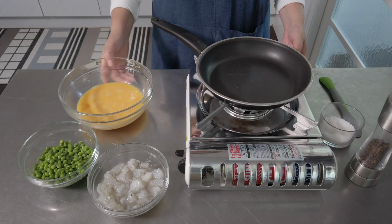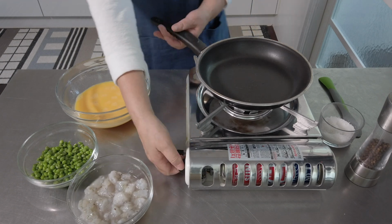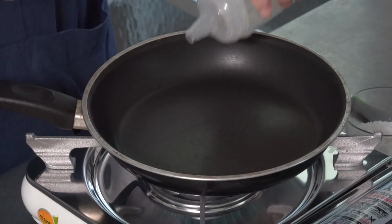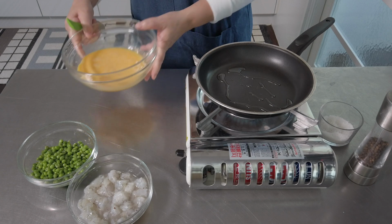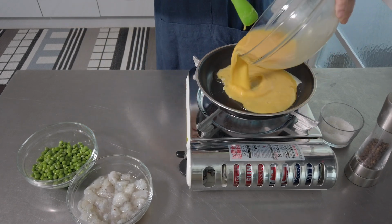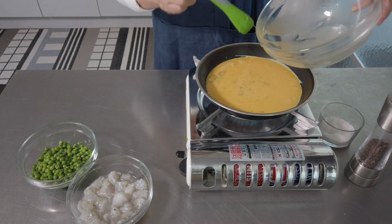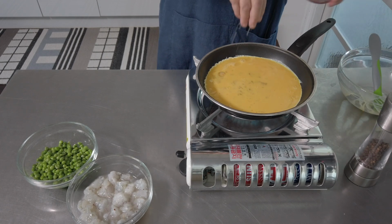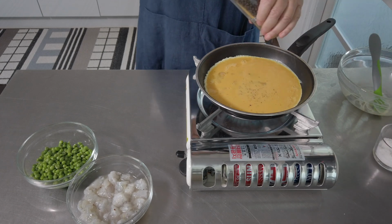So I'm going to scramble the eggs. Let me turn the stove on. A little bit of cooking oil. So this is 5 eggs beaten. Pour everything in. Pinch of salt, pepper,